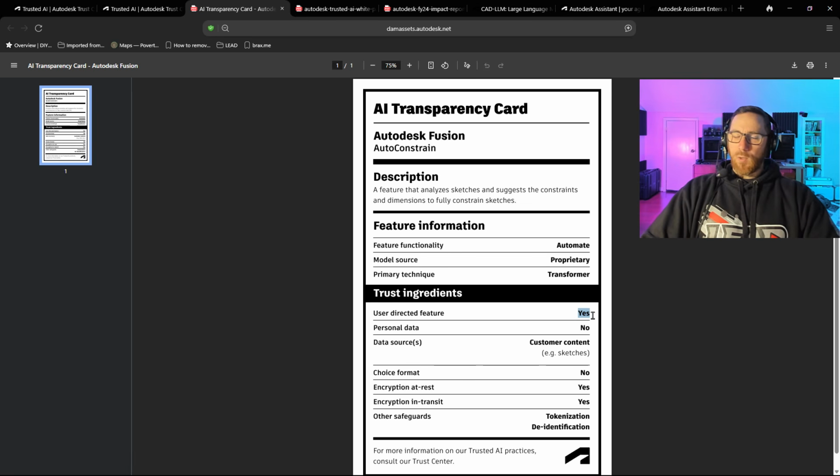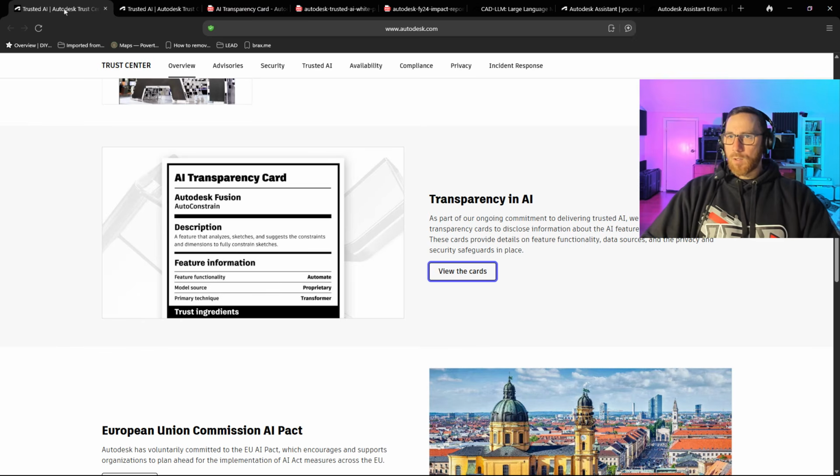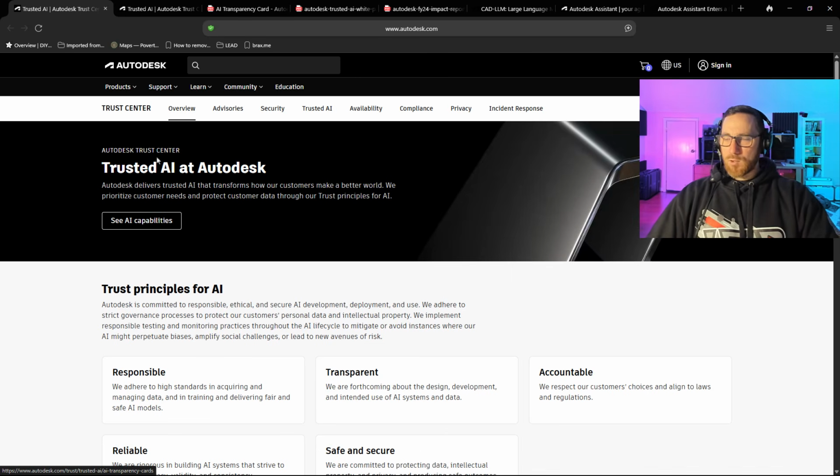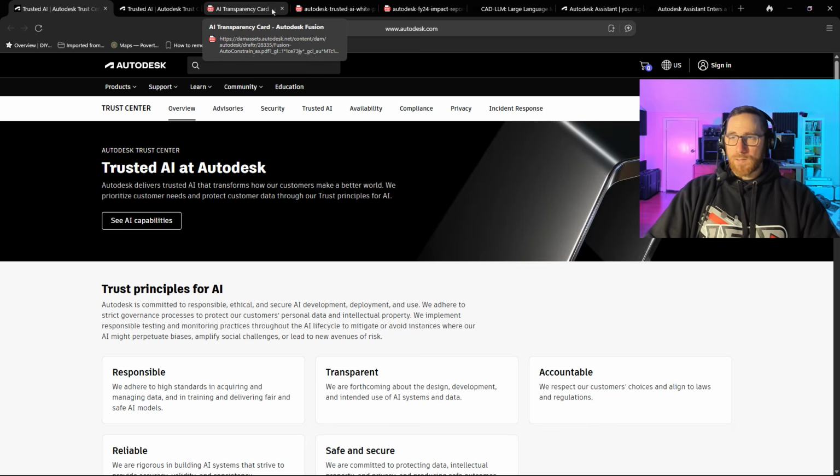user-directed feature. This means that you have to physically invoke the use of the feature. Personal data, no. The data sources is the customer content. It has to look at your sketches, and then it talks about encryption and so on. Now, these AI tools don't work offline. And so there is a level of data that is being transferred. So for example, if you disconnect your internet and you try to use the Autodesk Assistant, it's not going to work. So it's not exactly a local LLM, but it is,